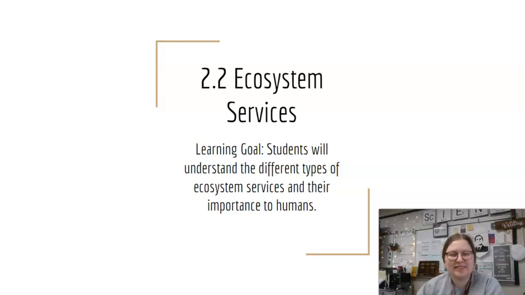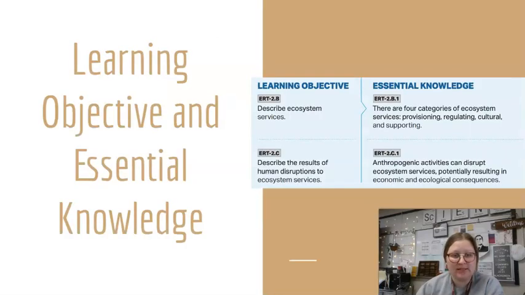All right, welcome to lesson 2 for unit 2. We're going to talk about ecosystem services in this one. So the learning goal is that you will be able to understand the different types of ecosystem services and their importance to humans. Our AP learning objective and essential knowledge for this lesson is you should be able to describe ecosystem